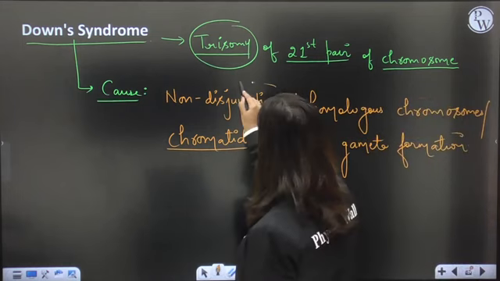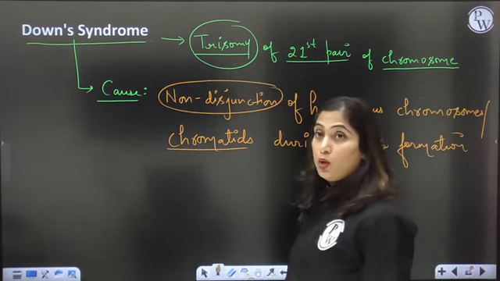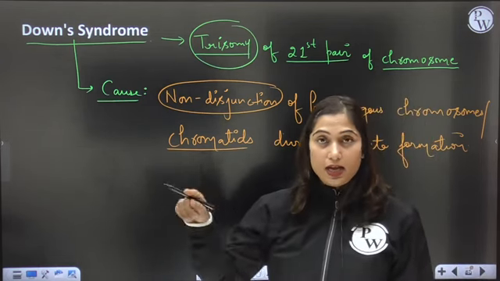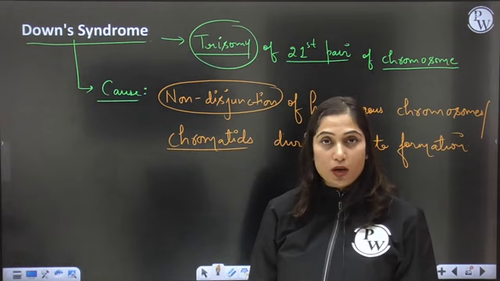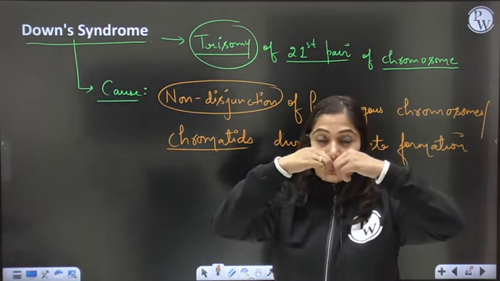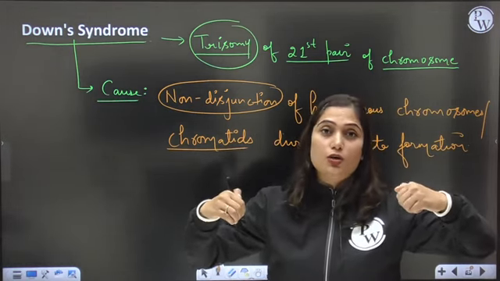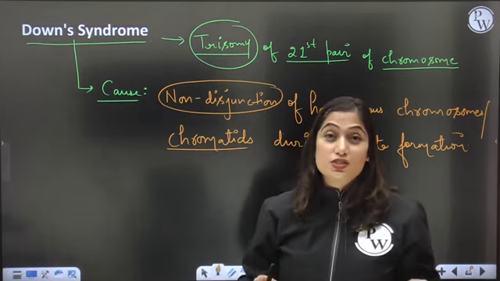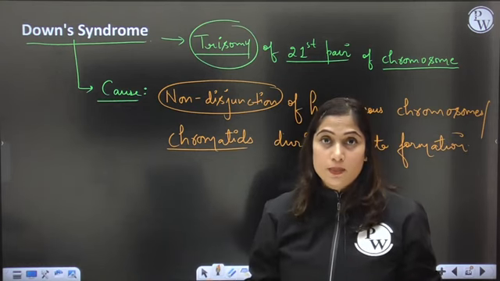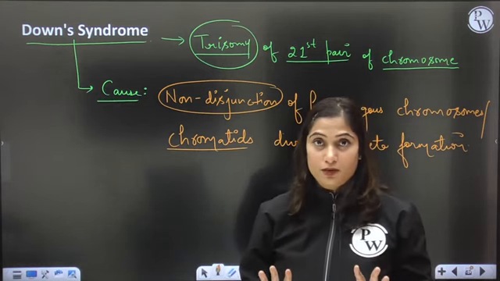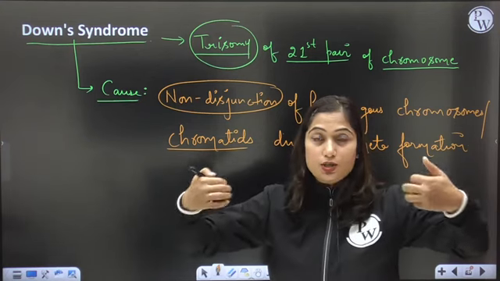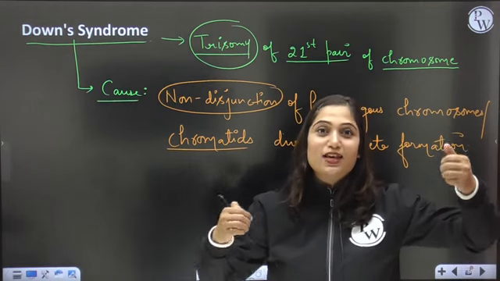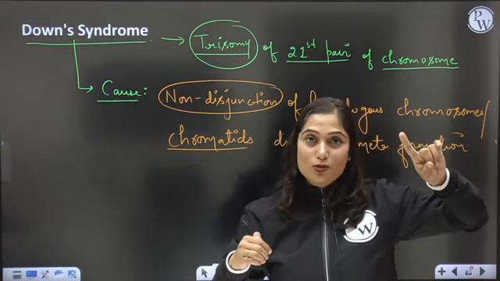This is important. Non-disjunction. We know that in anaphase 1 and anaphase 2, during anaphase 1 there is separation or segregation or disjunction of homologous chromosomes, and then in anaphase 2 there is disjunction or separation of chromatids. But if this segregation, this disjunction does not happen, then there would be one extra chromosome in one gamete,